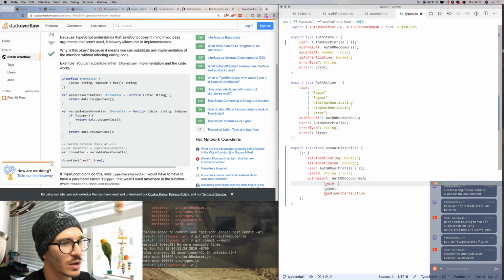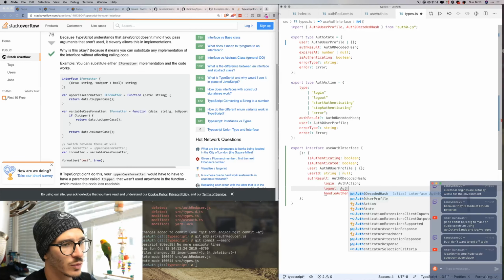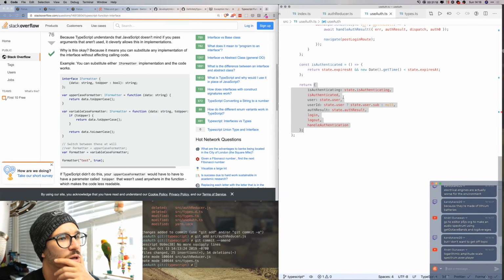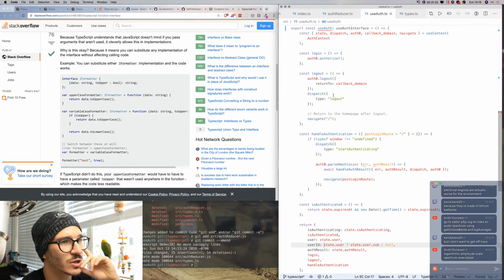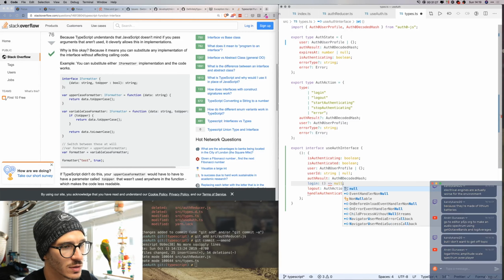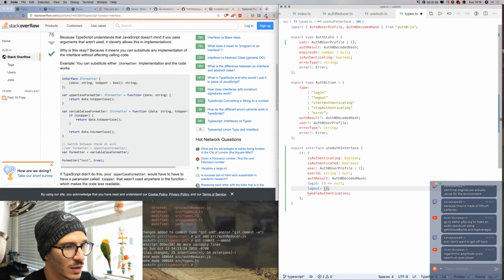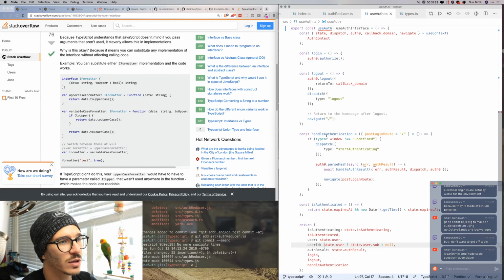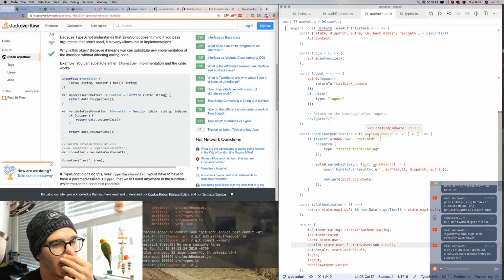Then we have login, which is an auth action, and we have logout, which is also, wait, is it an action? It's not actually an action, is it? It's a function. So login is a function that returns nothing. Logout is also a function that returns nothing, and handleAuthentication, which is a function